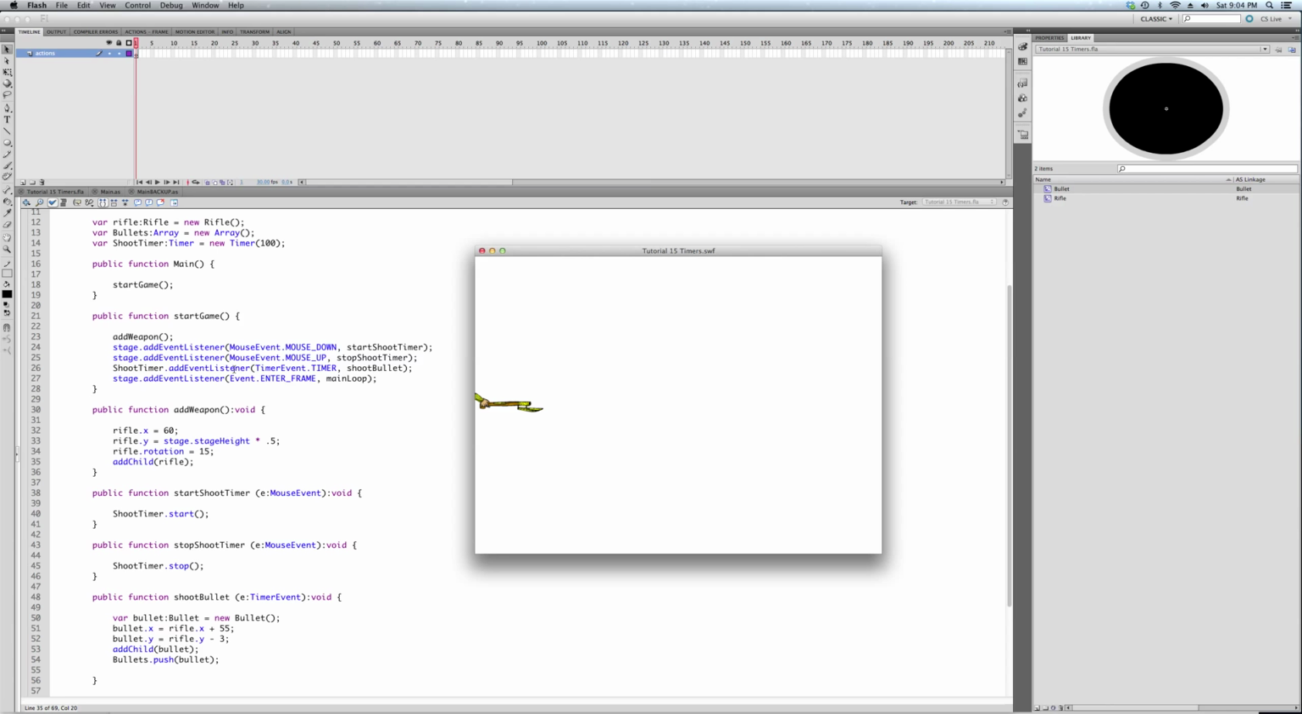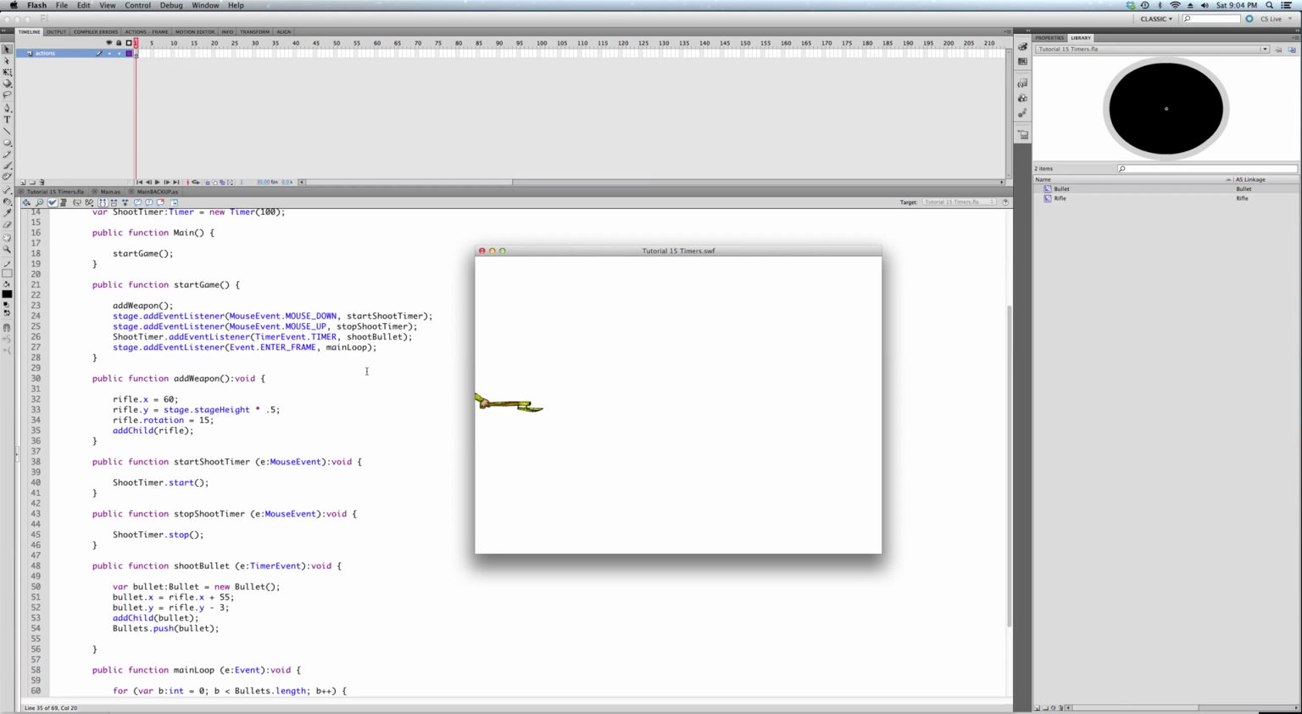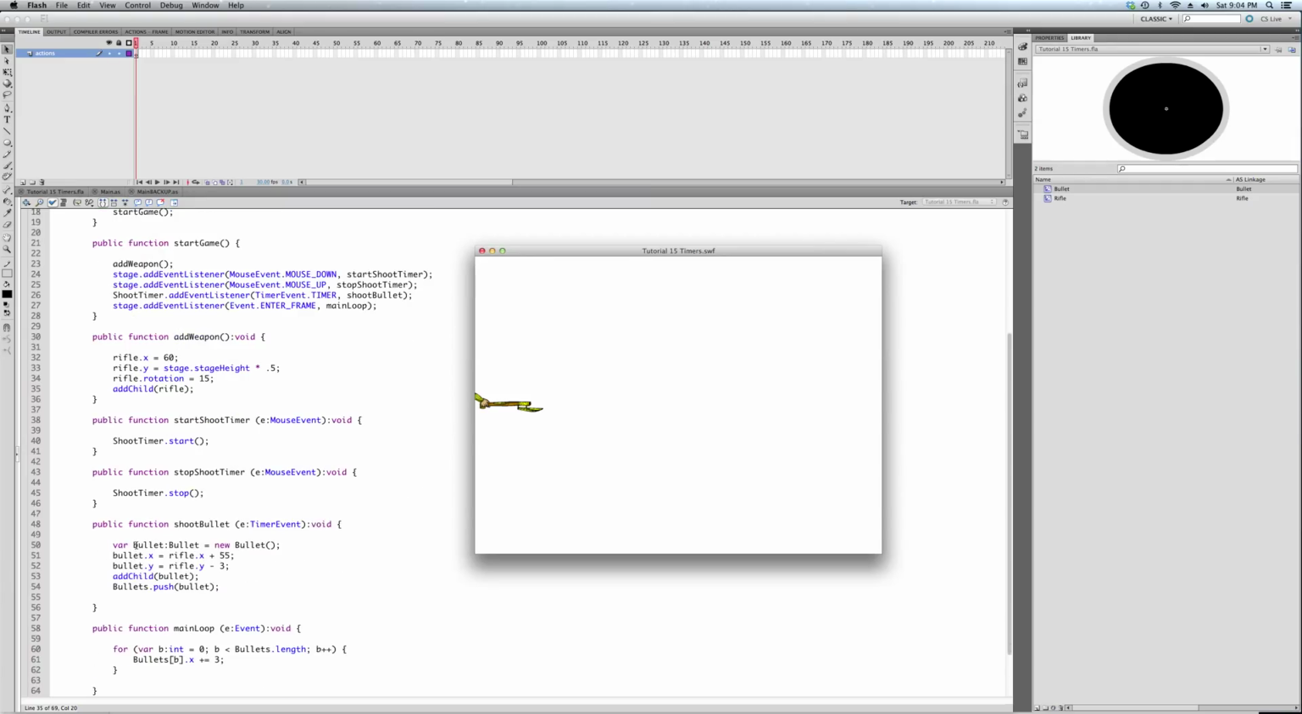And this is where we're listening for it. When the timer event goes off, we're telling it to go to the shoot bullet function. So what does the shoot bullet function do? It adds a bullet to the screen. Well, first it creates the new bullet locally within this function. It gives it an X and Y value, which is right here at the tip of the rifle. It adds it to the screen, and then it pushes it into the bullets array, which is what turns it